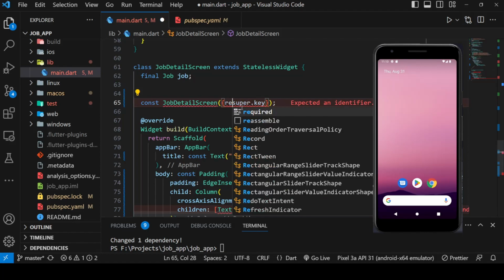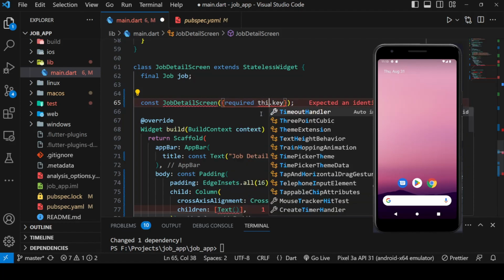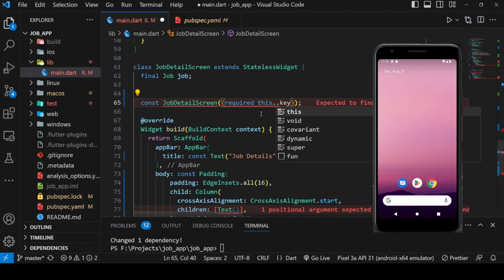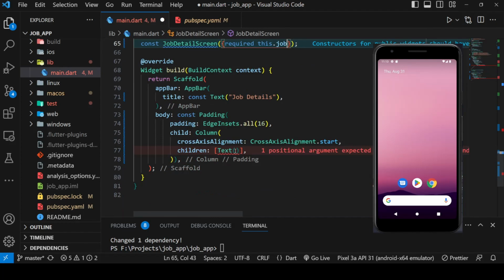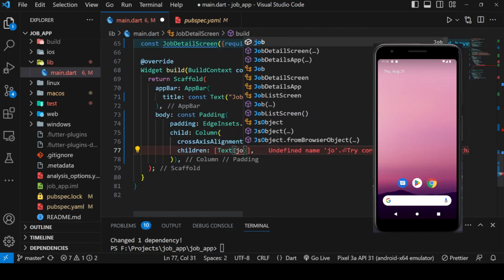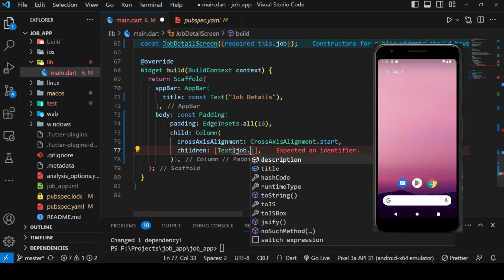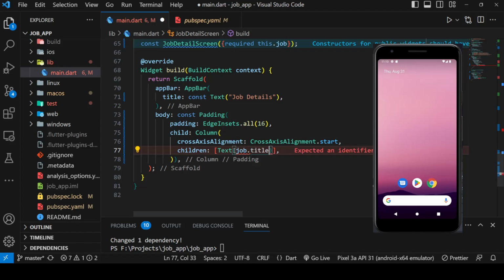We just have to let it require this dot job. Perfect. Now we can use the job which we are getting from another page, and after this